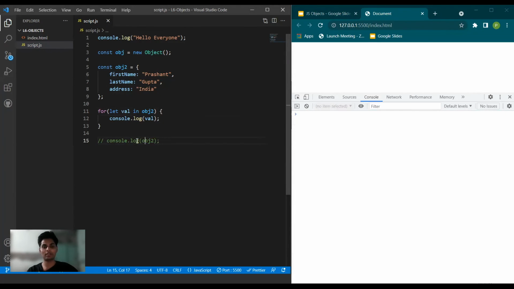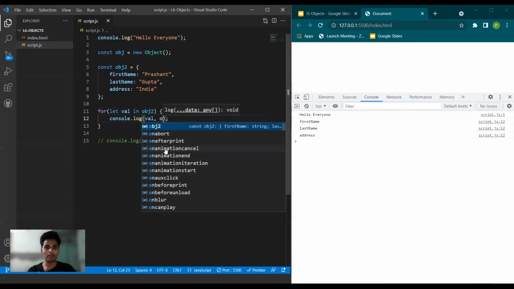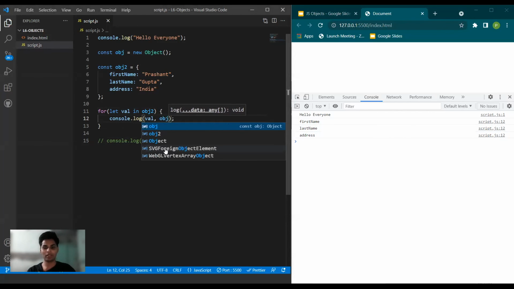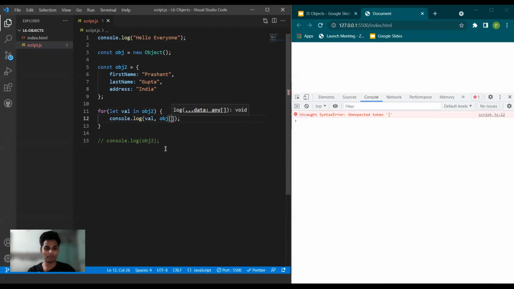Let me comment this thing. Now as you can see, my key names are getting printed on my console. So the val here, our variable, is giving us the key names. If I want to access the value for that particular key, I can use something like this.